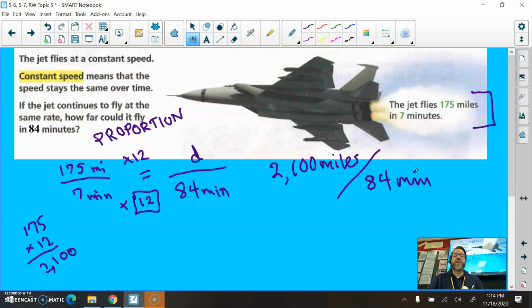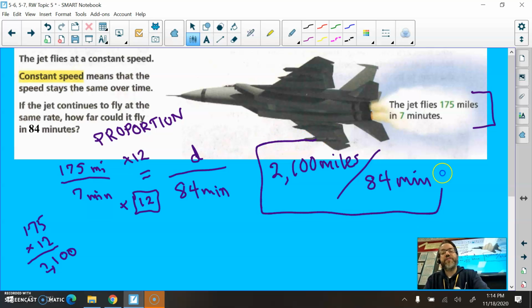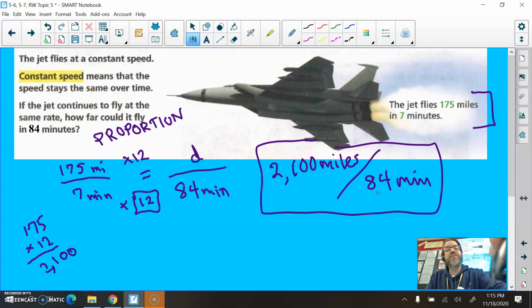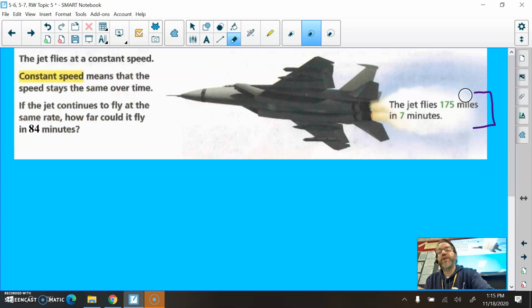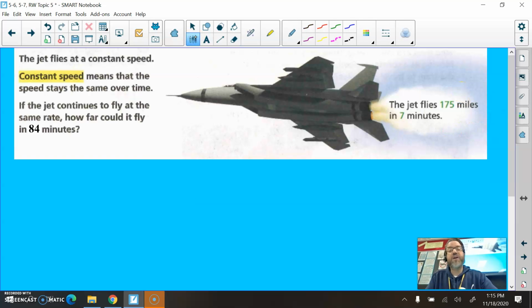Because that distance, 2,100 miles, is specific to this number of minutes, 84 minutes. Okay? So at the rate of 175 miles in 7 minutes, it can travel 2,100 miles in 84 minutes. Okay? Now, before I move to the next example, I want to show you guys the same problem done another way, okay? And when we have our 175 miles